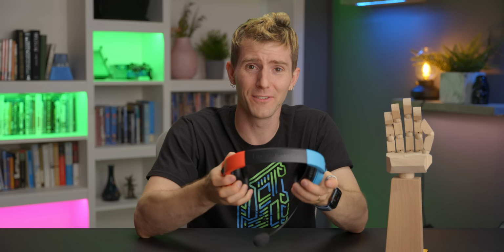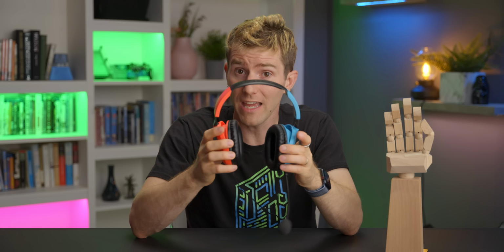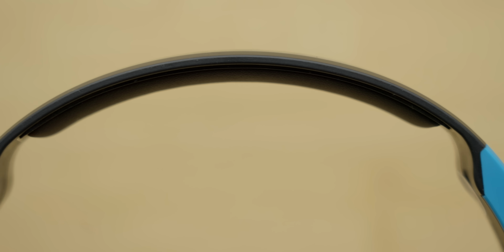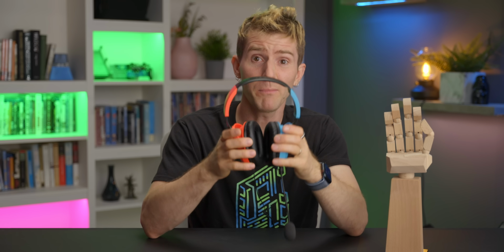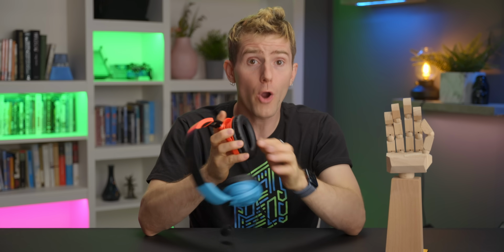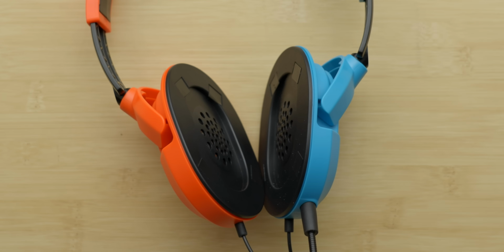They're creaky and squeaky. Though, to their credit, the ear cups do tilt and rotate for better comfort. Though, the cushion up here is best described as perfunctory. Why even bother at this point? The leather on the ear cups is more faux than Vietnamese soup, and while they are removable, the mechanism that holds these on can be described as hateful, forcing me to reach for my iFixit kit every time I want